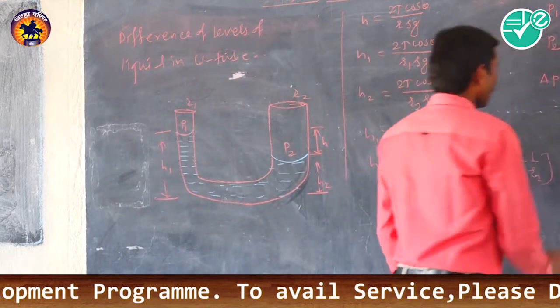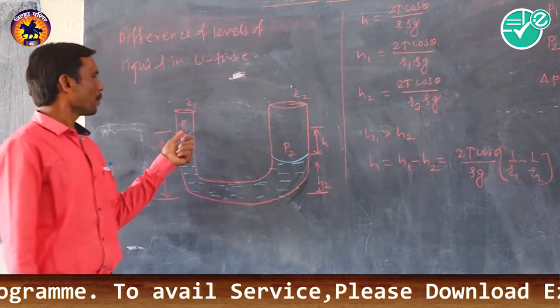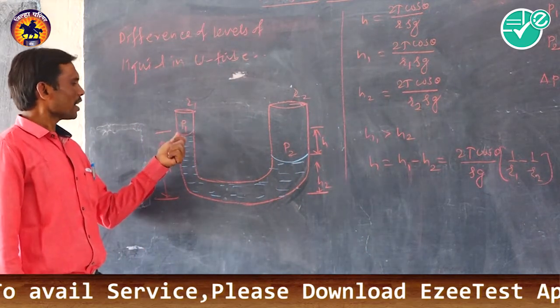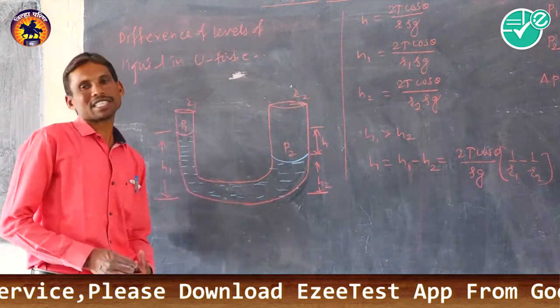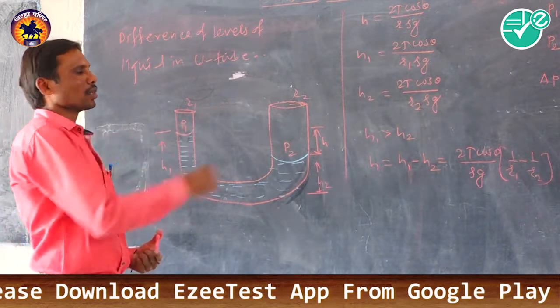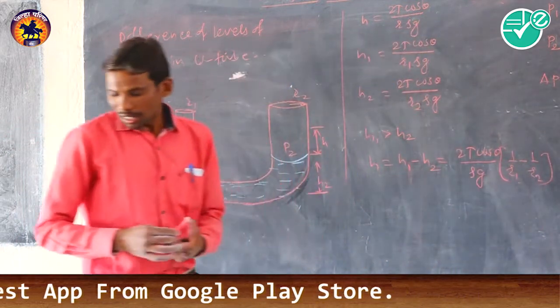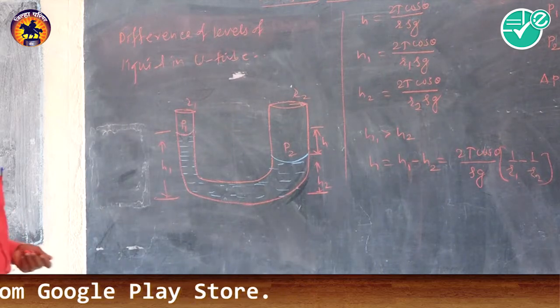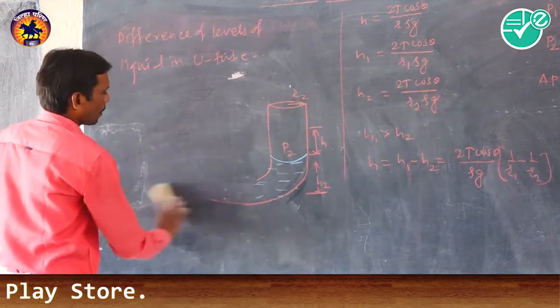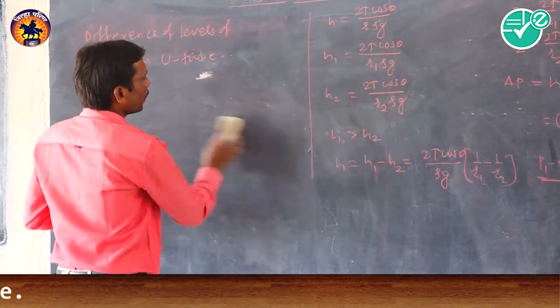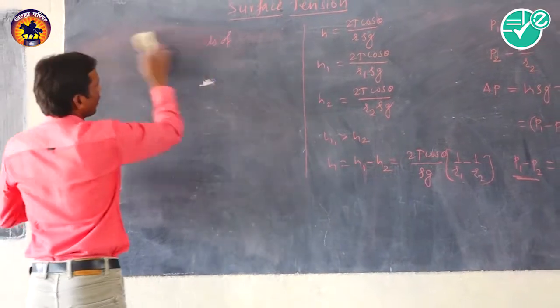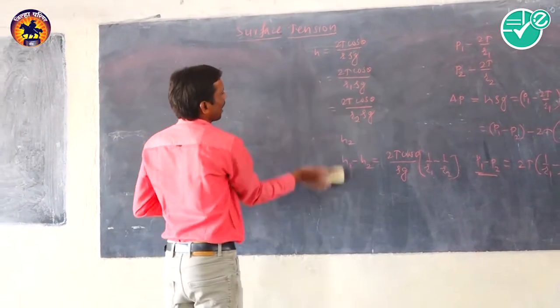It means it is the pressure difference on the concave surface in both tubes. So that pressure difference is given by this expression. Then we shall see what happens when the glass capillary tube is tilted through some angle.